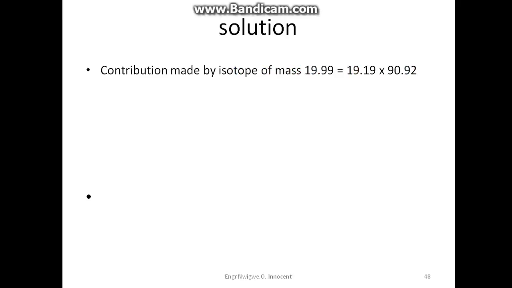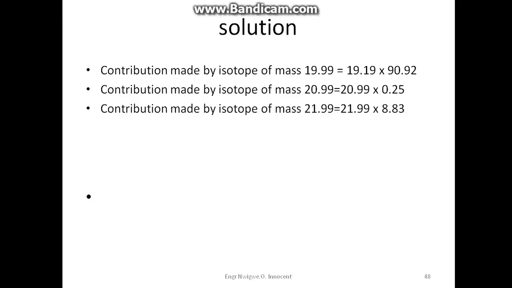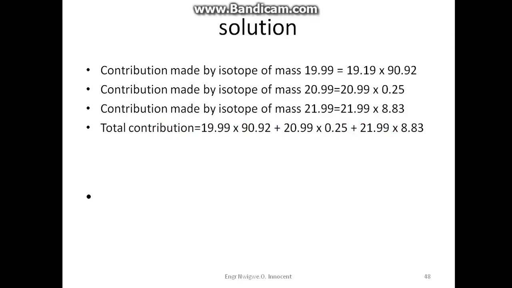Solution. Contribution made by isotope of mass 19.99 is equal to 19.99 times 90.92. Contribution made by isotope of mass 20.99 is equal to 20.99 times 0.25. Contribution made by isotope of mass 21.99 is equal to 21.99 times 8.83. Total contribution is equal to 19.99 times 90.92 plus 20.99 times 0.25 plus 21.99 times 8.83, which equals